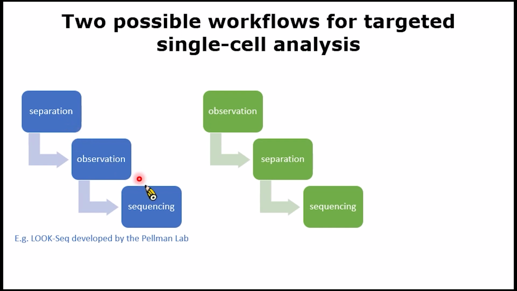flip the first two steps and you start with the observation of the cells. So similarly, you do imaging. After imaging, you will pick the cell that you want to further analyze by sequencing, and you separate them out. So it's different from the first workflow because you start the experiment with a fairly intact, say, piece of tissue or multicellular like sample, right? So this is going to be more physiological relevant than if you have to physically separate the cell into wells